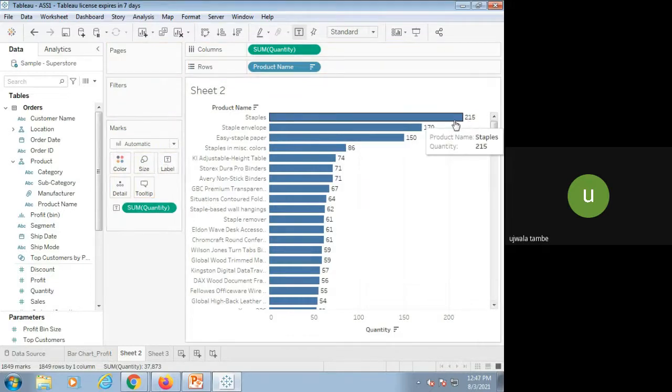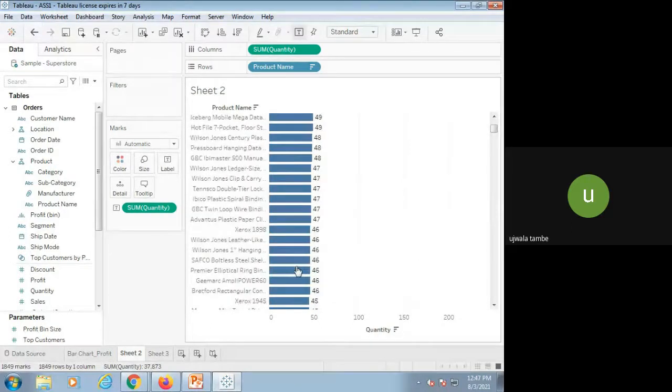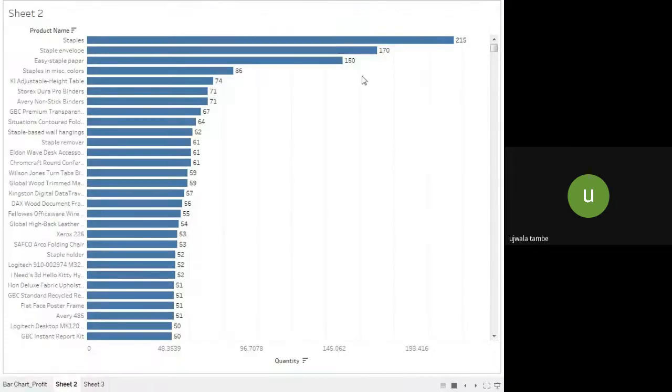It will display the value of quantity over here. Using color, you can change the color of the bar chart. And with the help of presentation mode, you can display the chart like this. Understood?